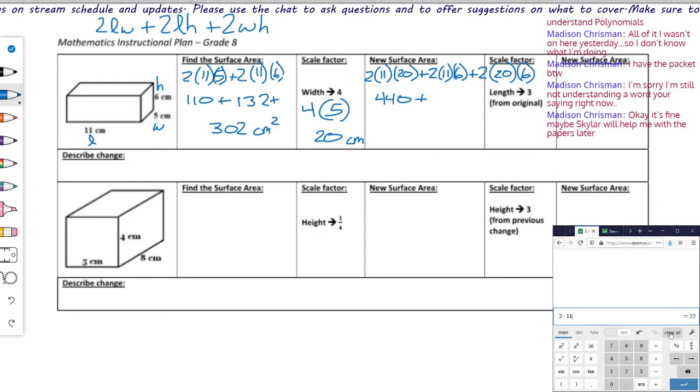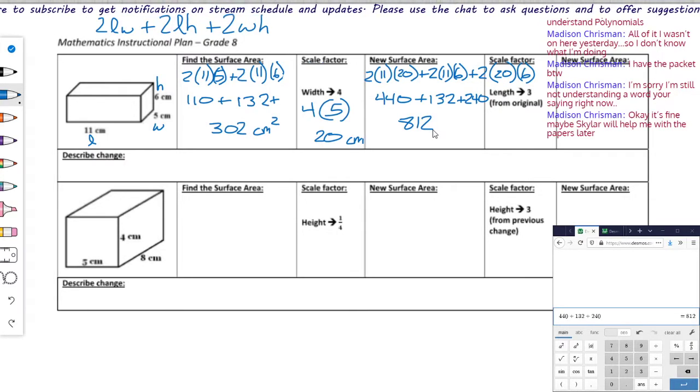Two times 11 times 6, 132. Times 20 times 6, 240. So if I add all these together, we get 812. Now, just to show you,